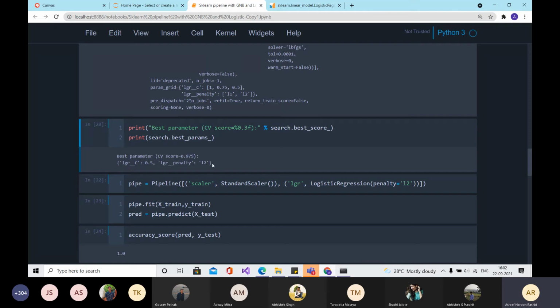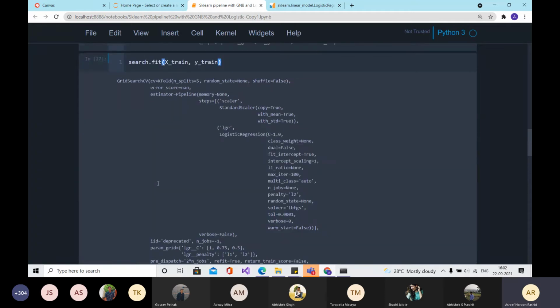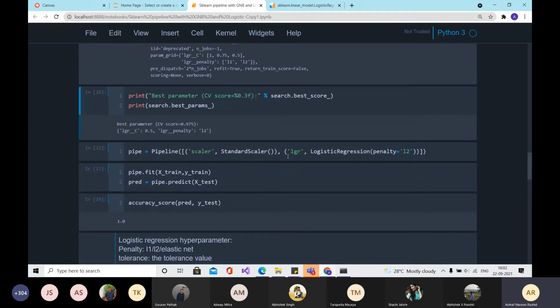The next step would be to initialize the same pipeline again, but this time in the classifier, you mention the parameters that you obtained from the grid search.